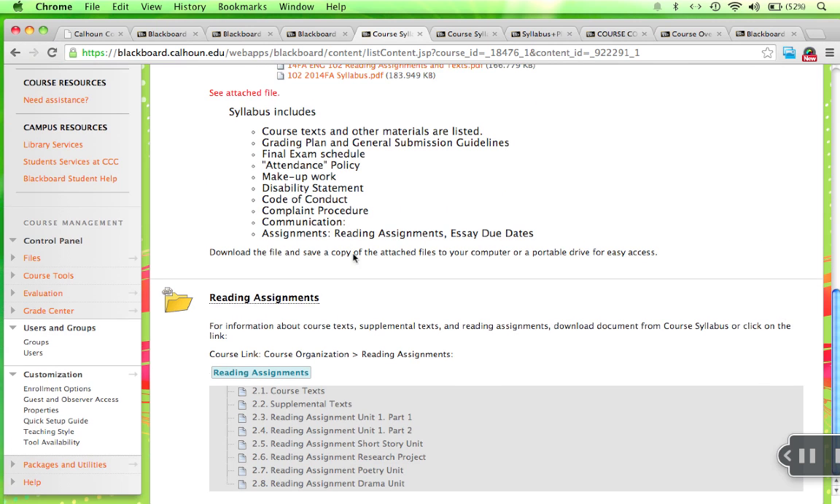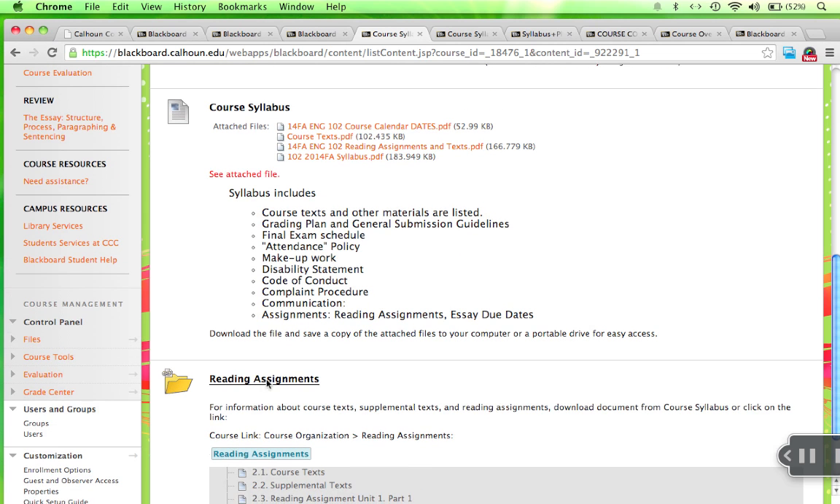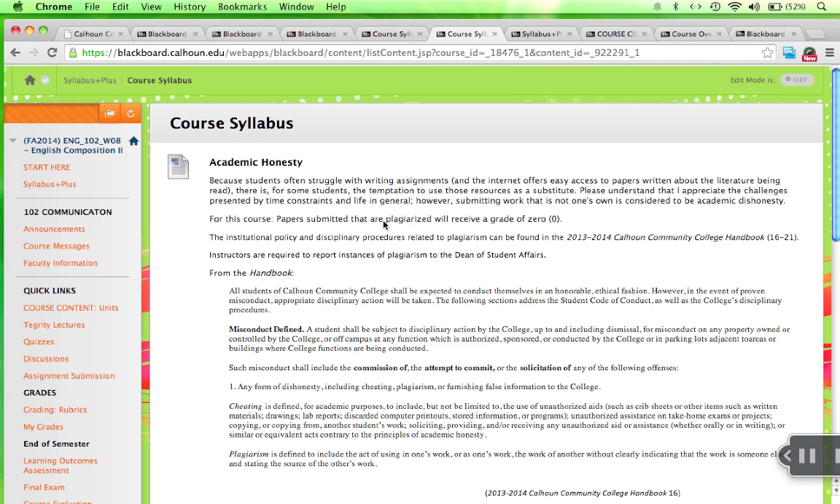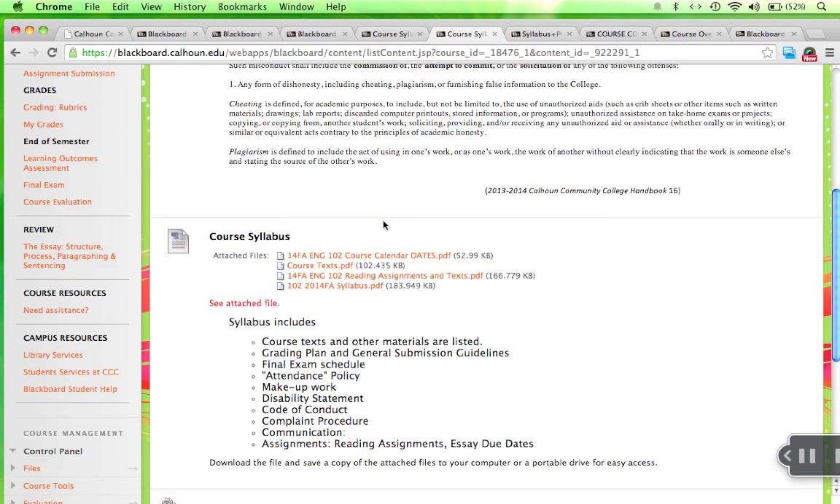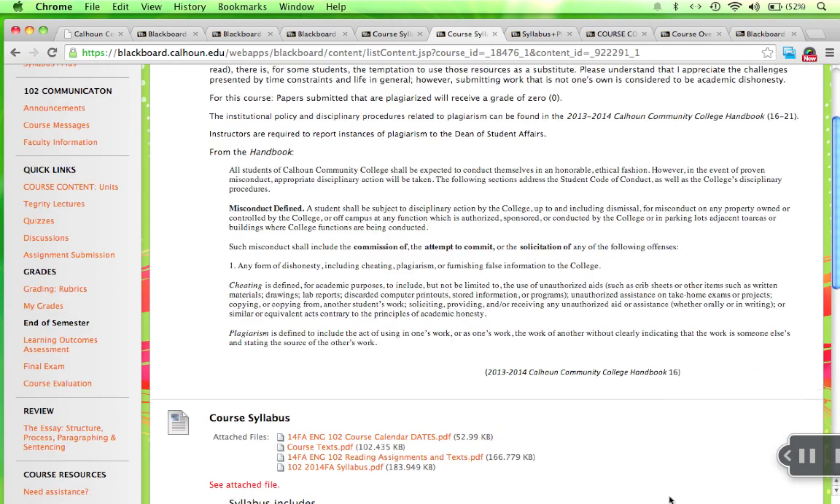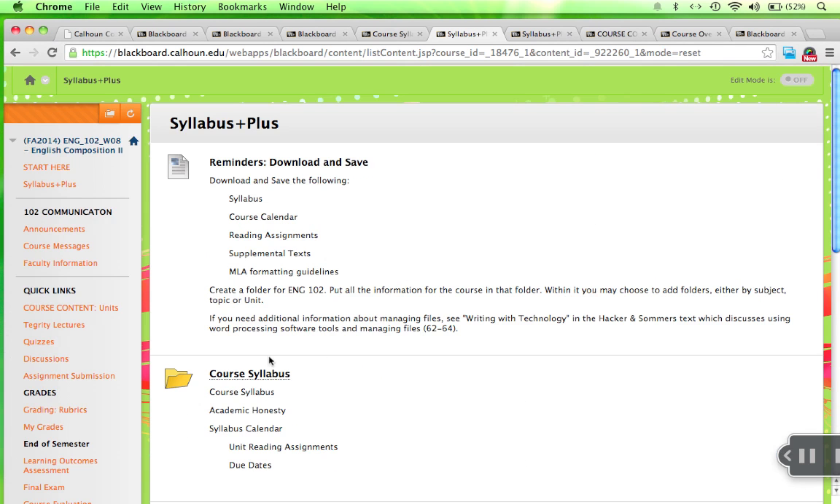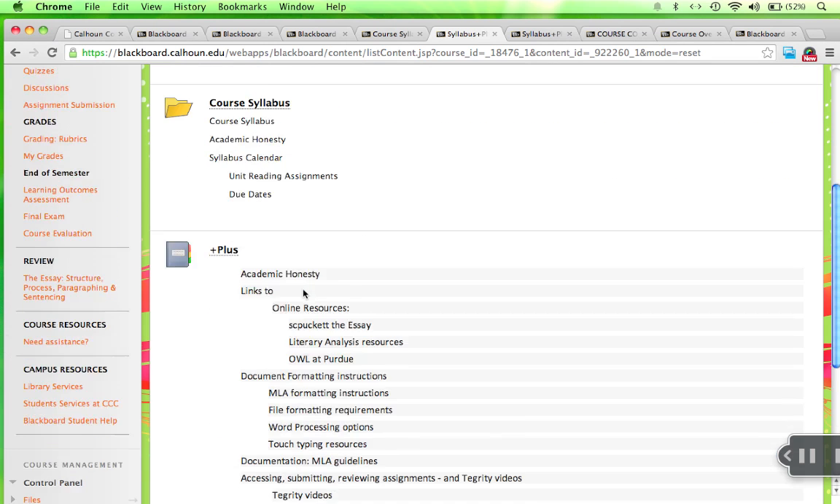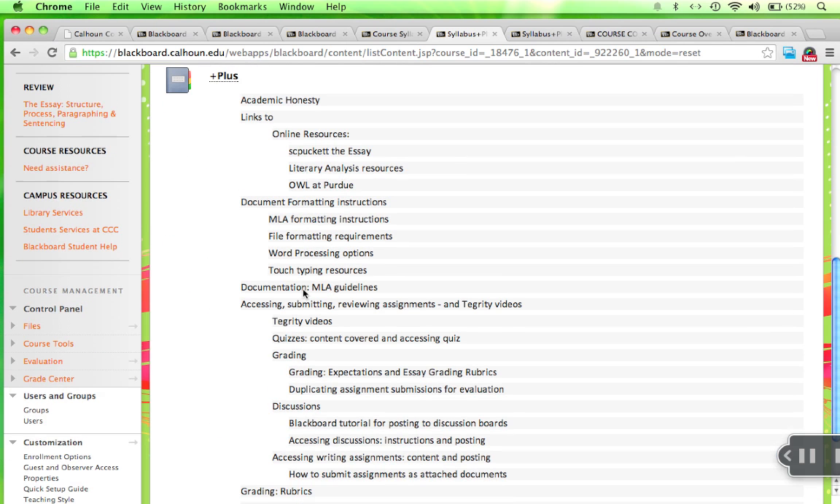You need to download each of these and look at them. You are also given a link because the reading assignments are not only provided in a document, but they are provided in a reading assignments link in the course overview section of the class. In addition to the course syllabus in this section, you will find